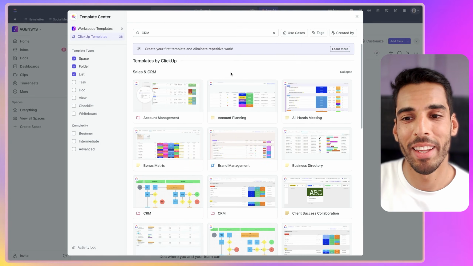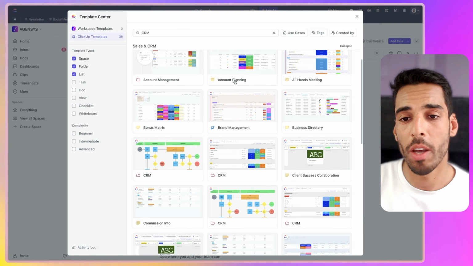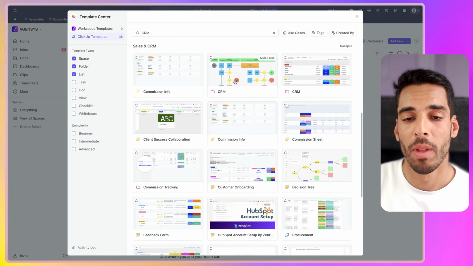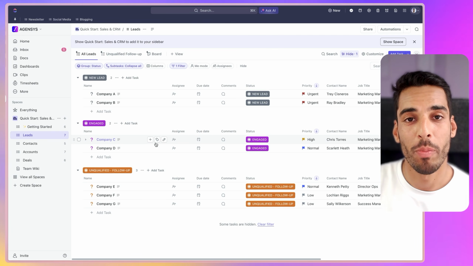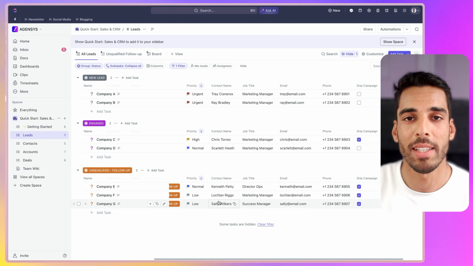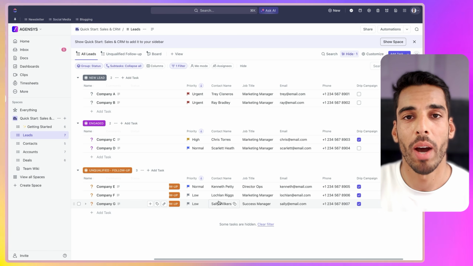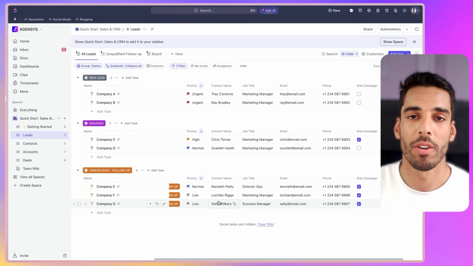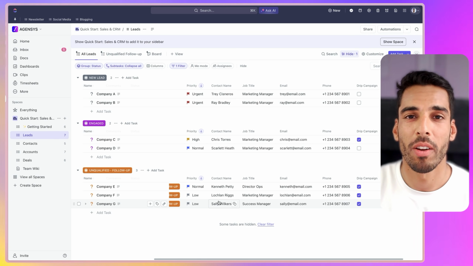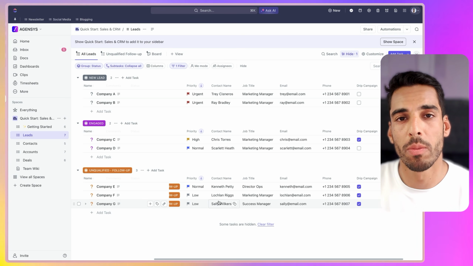Now, if we dive right in here in ClickUp, I open up the template center and I've searched CRM, and ClickUp offers you about 30 templates for customer relationship, but please don't use them. I opened up one here. It will create some custom fields. It will create some custom task types, and we don't need those. We need to build a CRM that's tailored to our need as an agency, as a service provider. I'm going to show you how to do that from scratch, because templates are going to clutter your workspace and you're not going to understand the system under which it's built.